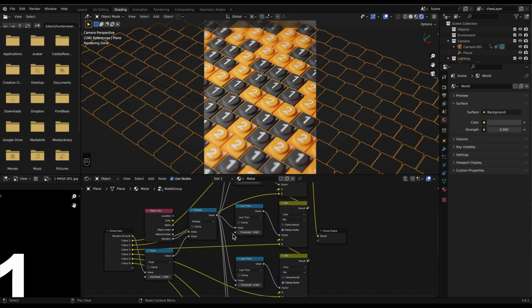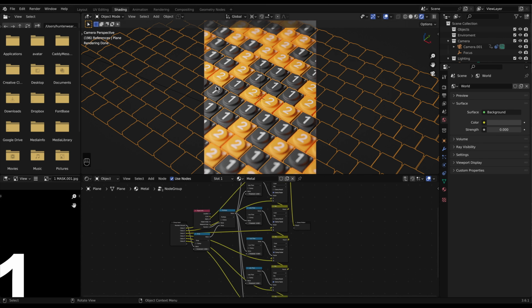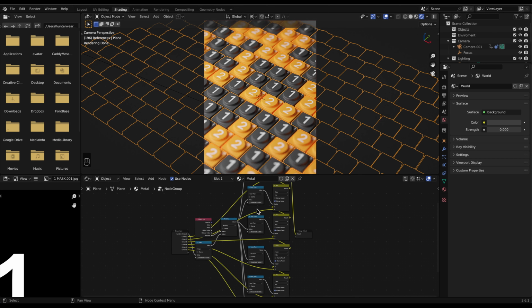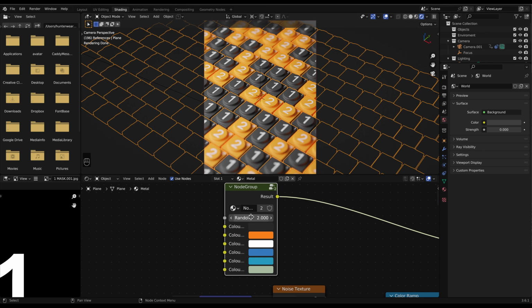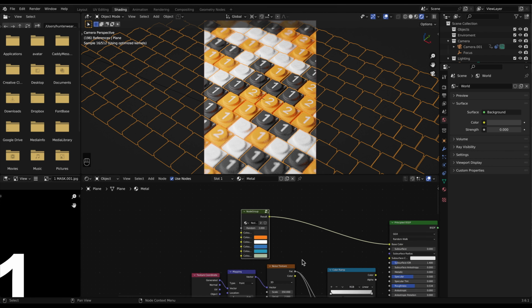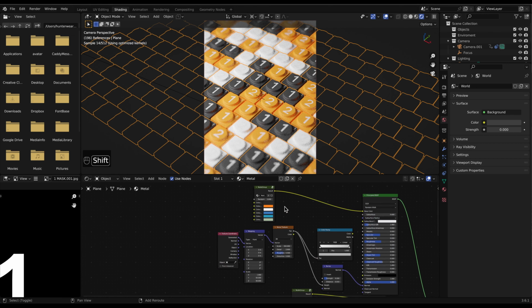So this is a group, and this is what we're going to be setting up today to generate the random colors. And so what you'll notice is that we have only got two colors, and we can control this. So I can say I want 3 random colors, and that'll go for the same as this image texture here. It'll be the same. We can edit that.